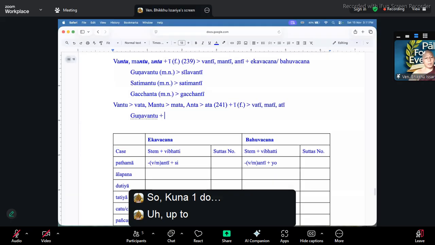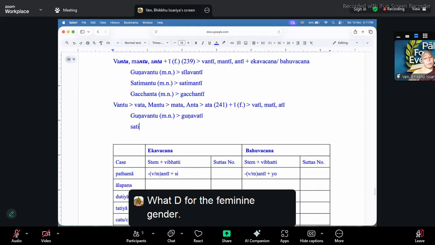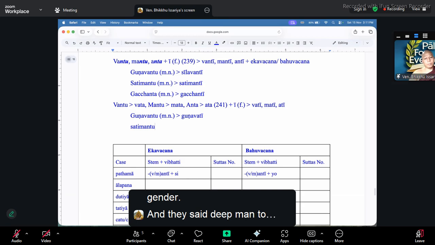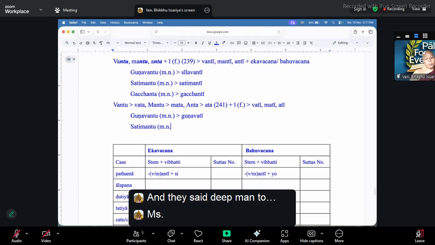After that, this one is for masculine gender, neuter gender, and then so guna vadi for the feminine gender, and then satimantu masculine neuter, but for the other one it is satimati,